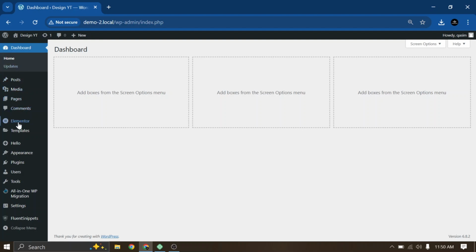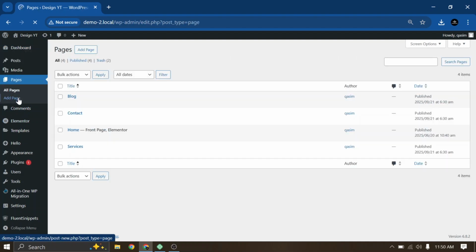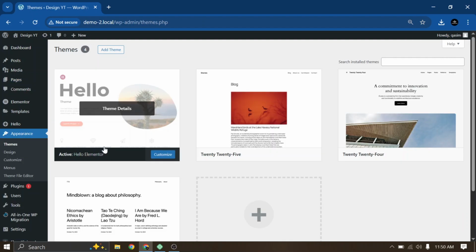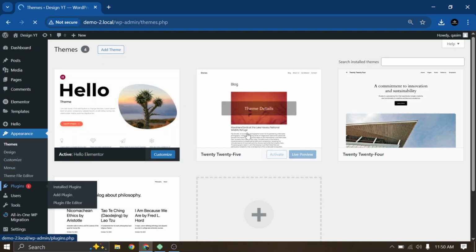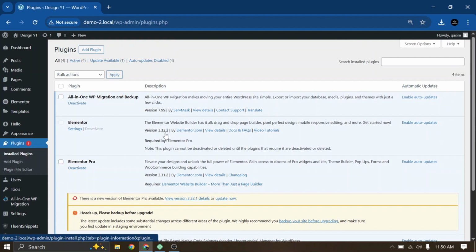So let's head over to the pages section. Here you can see all the pages are imported with all the settings. Like in demo 1, I had set the home to the front page. You can see the same setting here. If we go to appearance, now you can see the Hello theme is activated. Previously it was on 2025, but now it's taking all the settings that we had on site 1. Now if we go to plugins, you can see all the plugins are imported as well. Everything that you have on site 1 is imported here. So this is how you can clone or migrate your WordPress website.